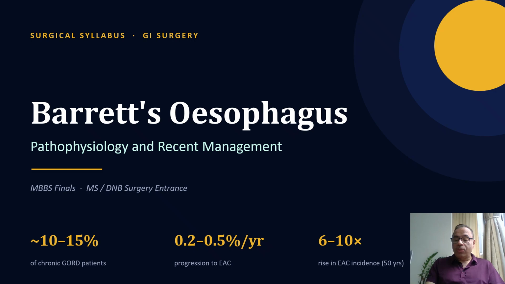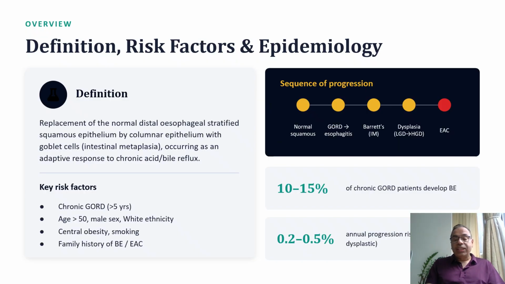So with this background, let's go deeper into what exactly is Barrett's esophagus and try to understand its risk factors and epidemiology. So what exactly is Barrett's esophagus? It's a replacement of the normal distal esophageal stratified squamous epithelium. The normal distal stratified squamous epithelium gets replaced by columnar epithelium, but the most important thing is that it should have goblet cells,